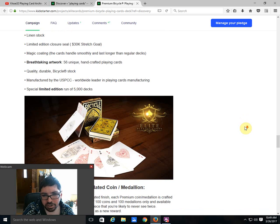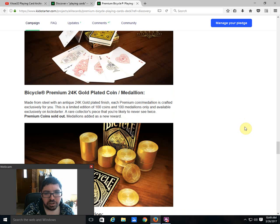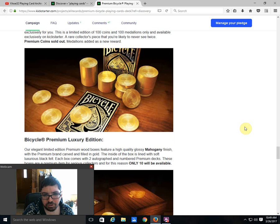I mean, come up with something new and different with an actual theme to it. And maybe you'll come up with a better name and a better deck instead of just recycling black and gold colors and Majestic type stuff like this. Apparently there's a coin you can get,